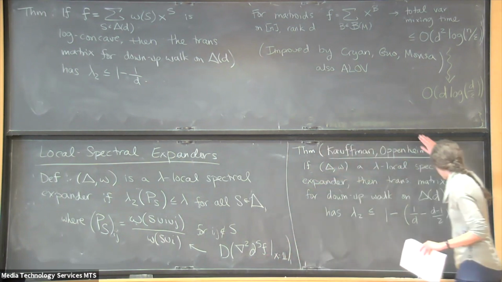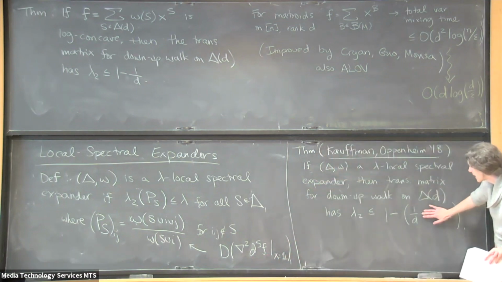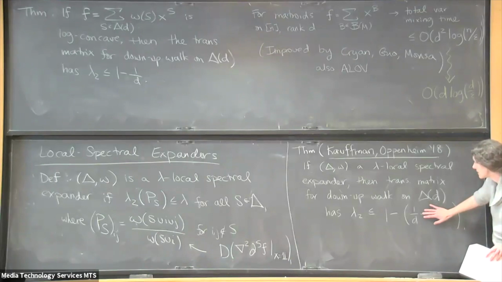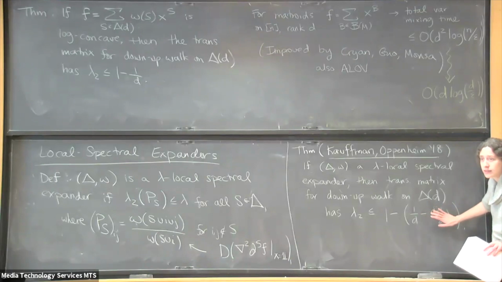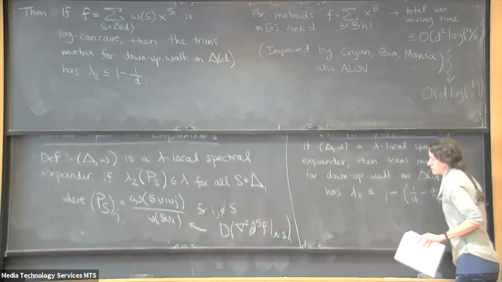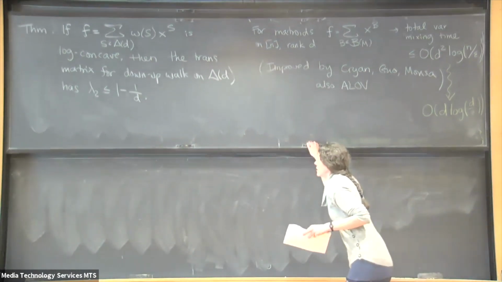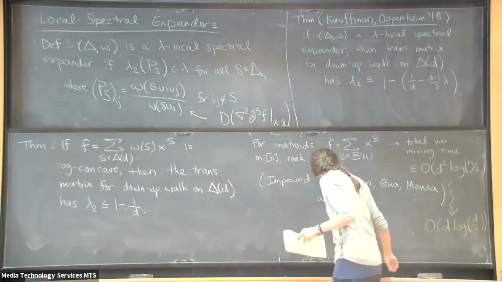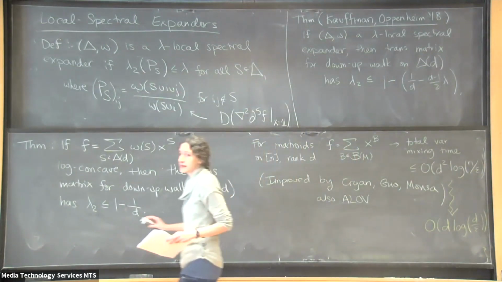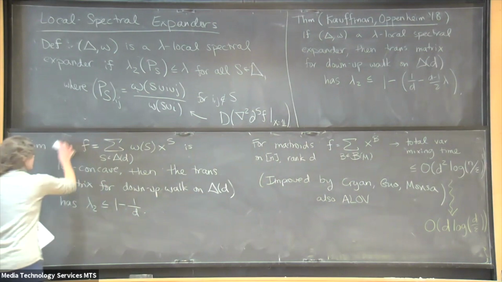And what that translates into is exactly that the down-up walk on this top face has second eigenvalue at most 1 minus